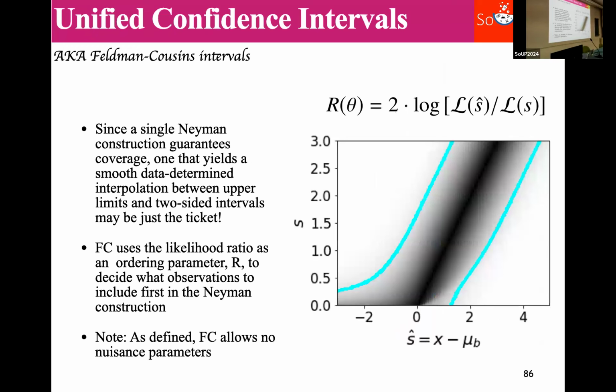And the way to solve this is to have just one Neyman construction. And in particular, you want one Neyman construction that either provides upper limits or provides two-sided confidence intervals based on the data. And the vastly most popular version of this is what is called the Feldman-Cousins intervals, or unified confidence intervals. In this case, you see here, we have a physical boundary. We say we can't have signals below 0. And this is the case where you will get flip-flopping, right?